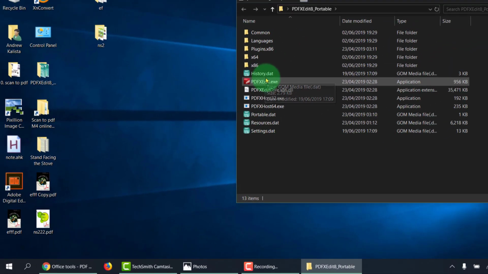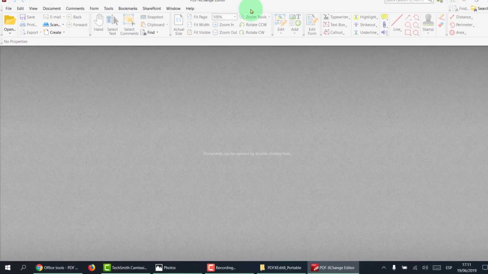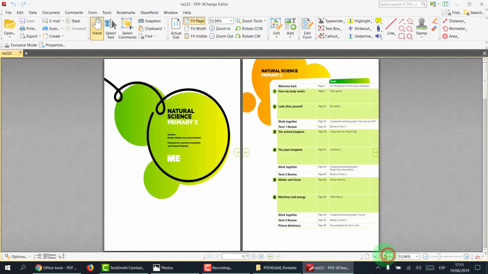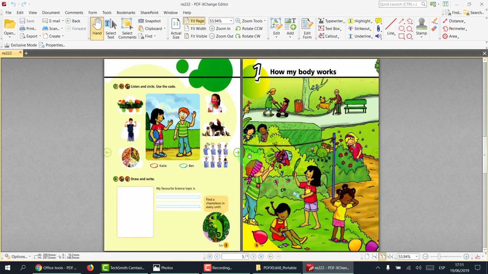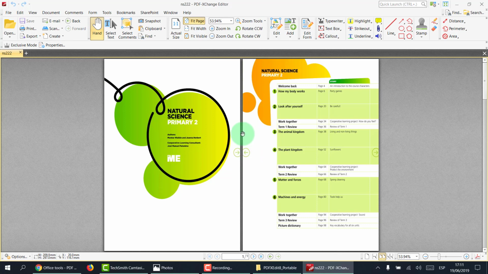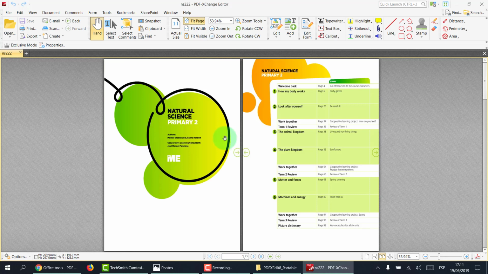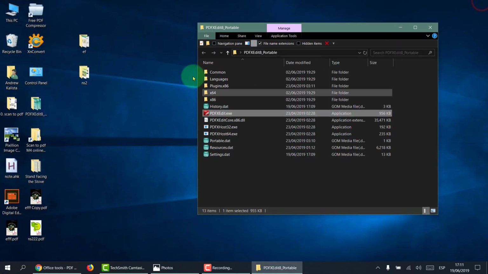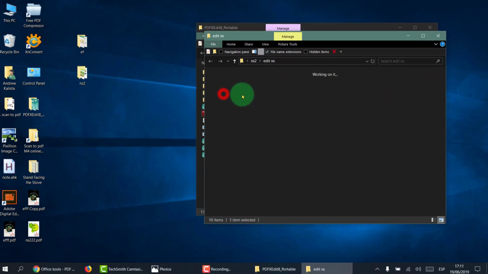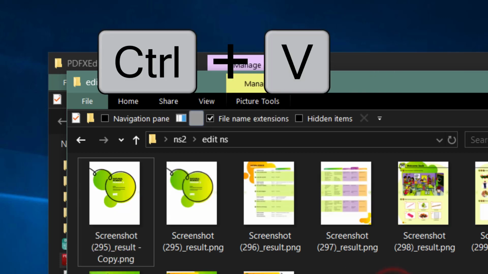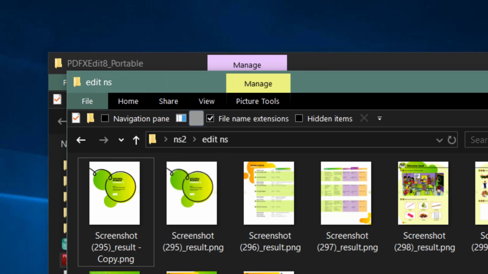Let's open up the PDF-XChange again, drag it in, and there's our book. Obviously we need one more page to go in there in order that the pages look better, and you can simply do that by just adding another page. So in our edits we can simply copy the main page, double it, and this time what we'll do is